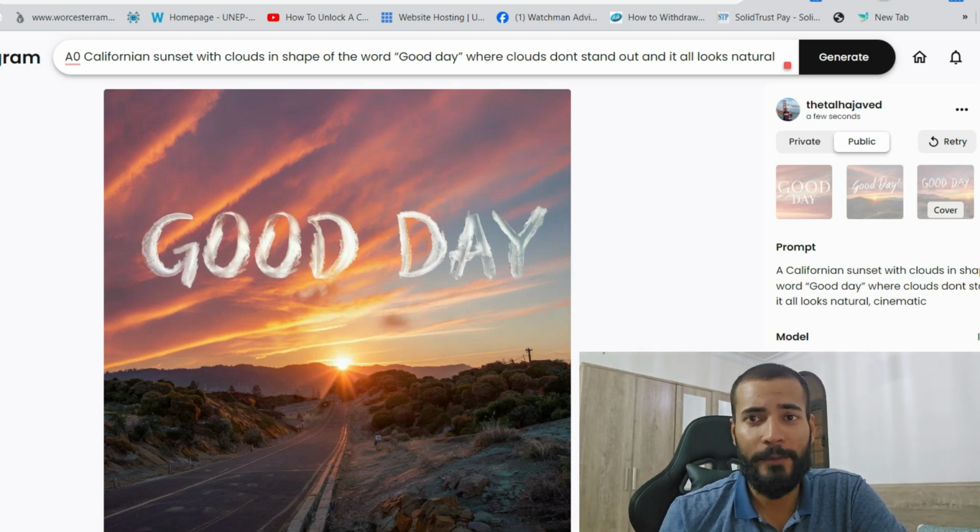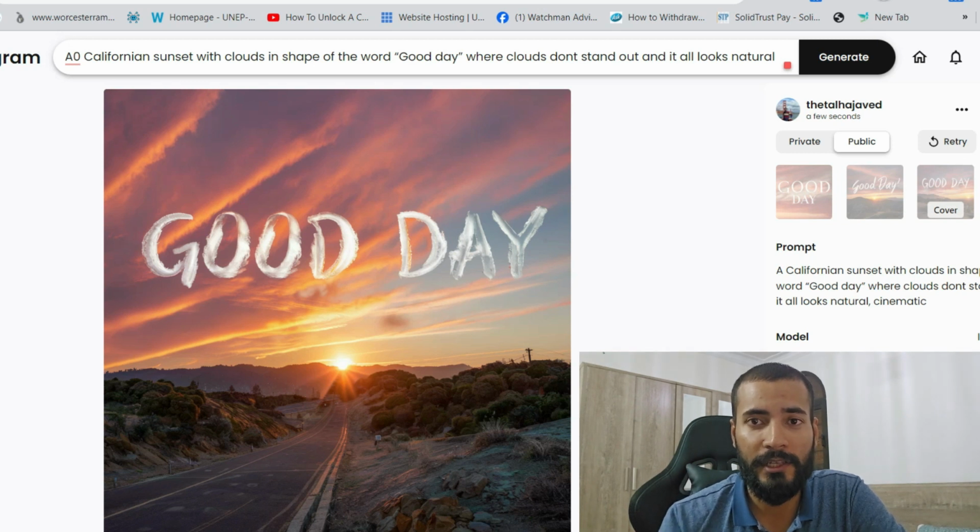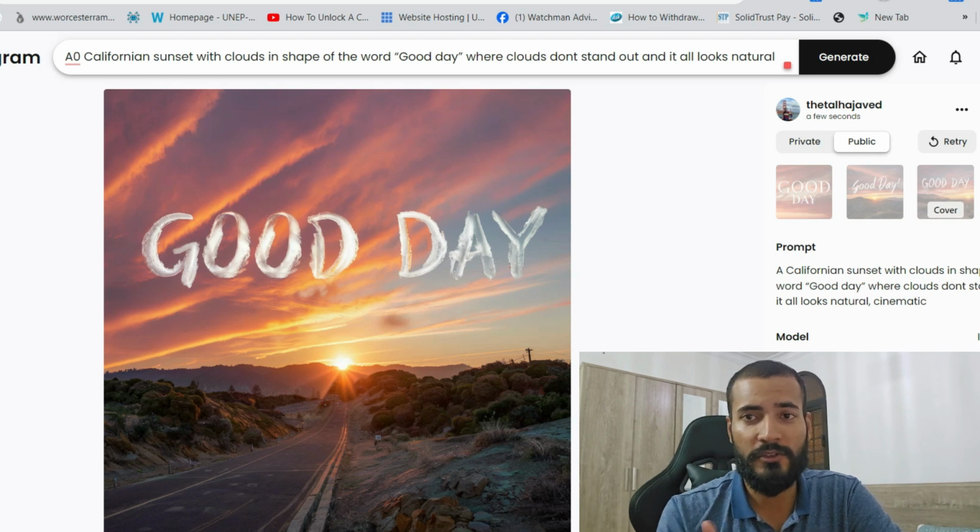All in all, I am quite impressed by Ideogram, and you also need to try it out if you haven't tried it yet. I use MidJourney as well, I use DALL-E 3 as well, and from my experience I can say that Ideogram saves you time. It gives you good text on images as well, and the best thing is it gives you 25 generations free for each day. That's interesting.